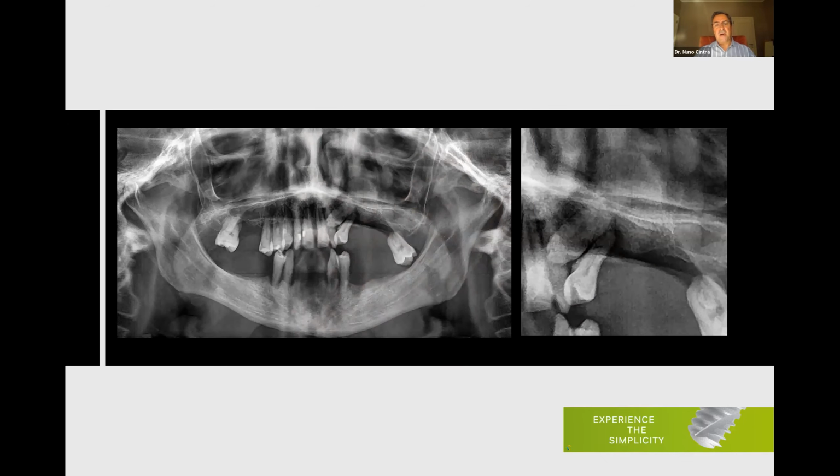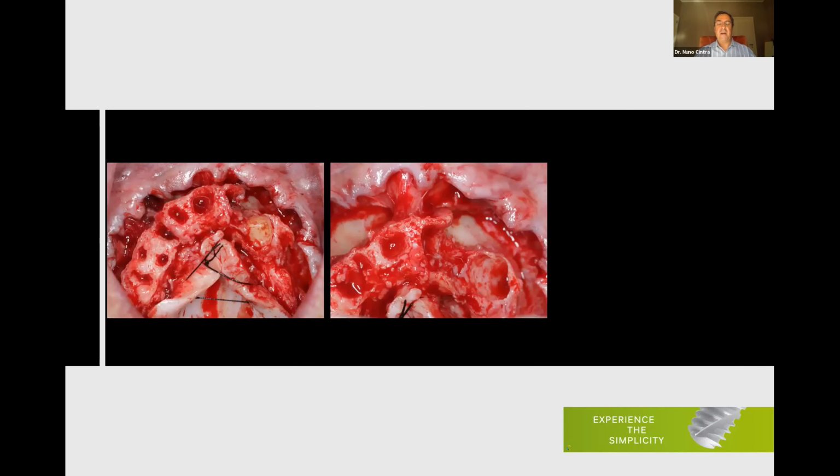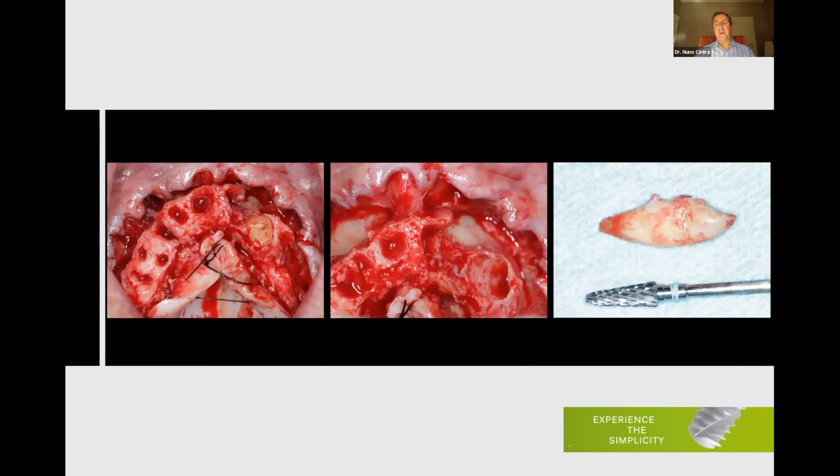Other situations are impacted teeth. Sometimes the teeth, canines, like in this case, are impacted right on the path of our implant. You see, we did all the extractions, and now we have the canine right on the path of our implant. Can you see the bone defect? So we smooth the surface, we regularize it in order to reach a nice